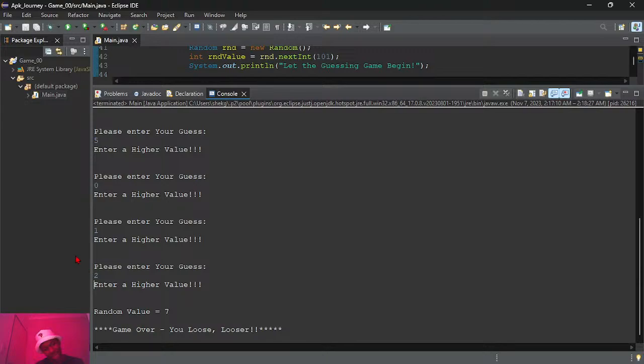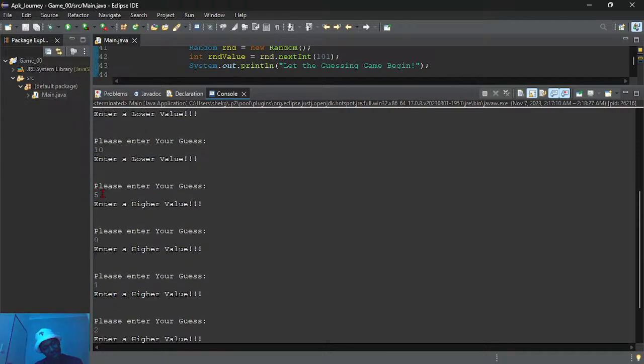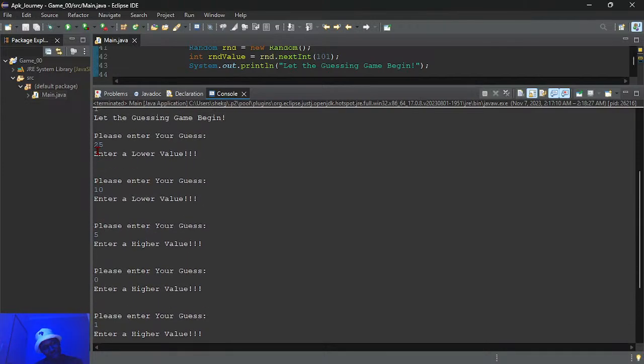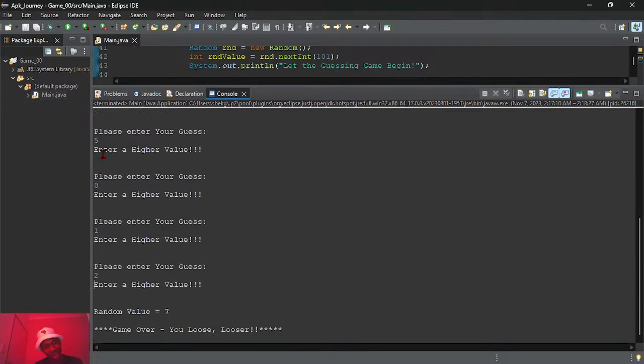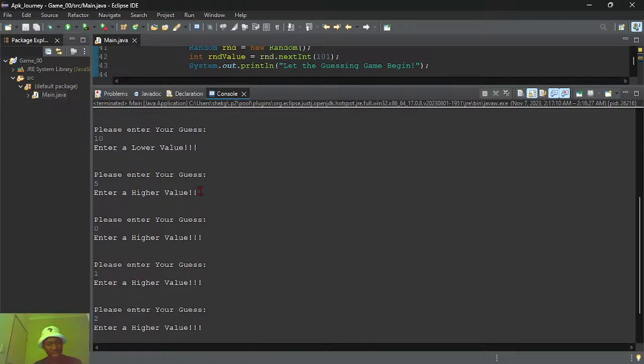So I entered the thing 1, 2, 3, 4, 5, 6 actually, 6 times. Yeah, I should correct it. But the random value was 7 here. As you can see, I entered 6 times, and then it said game over, you lose, loser, because now my chances have run out.